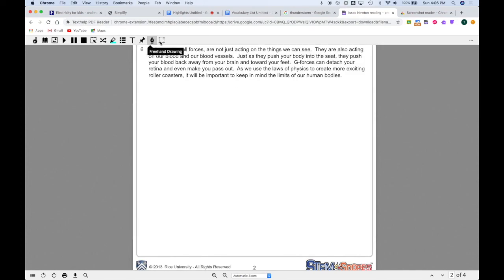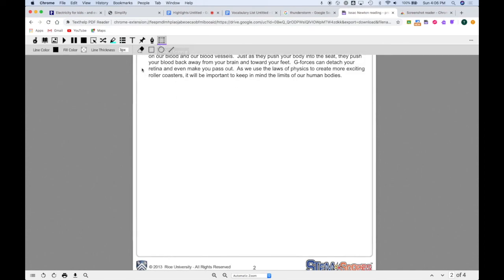The last option is this one here, the shapes drawing. Shapes can also be drawn, including lines with different fill colors and line thicknesses. So in this case, we can make a square, we can make a circle,